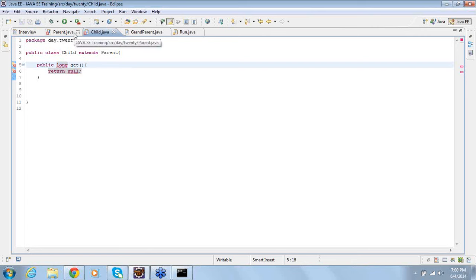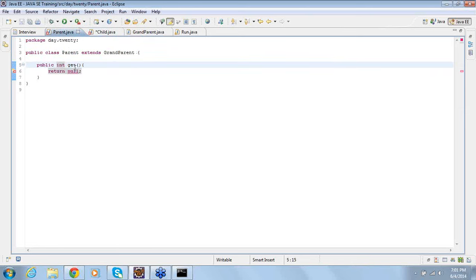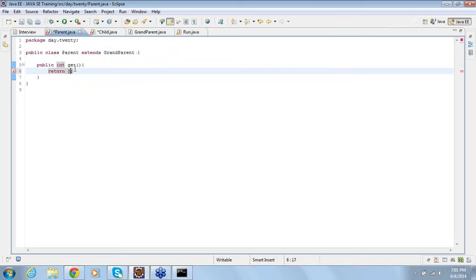No. In the parent it was int, in the child it was long. This is not possible. What does it say? It's not compatible.